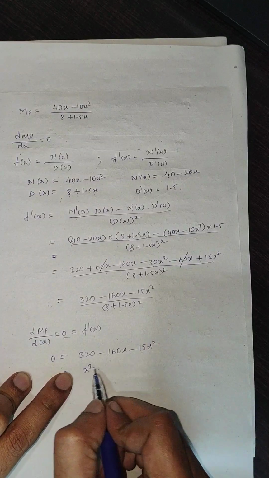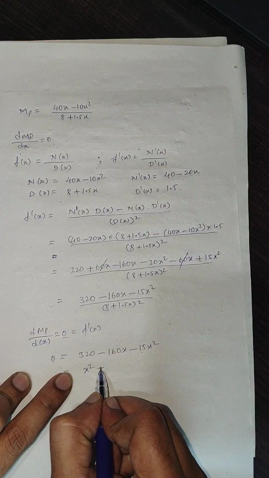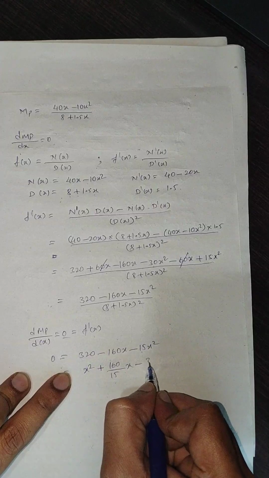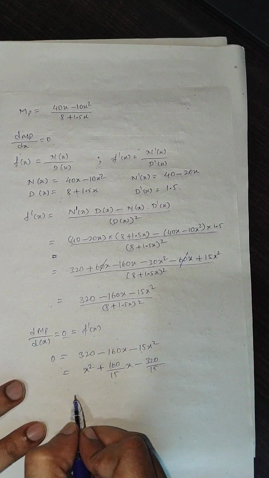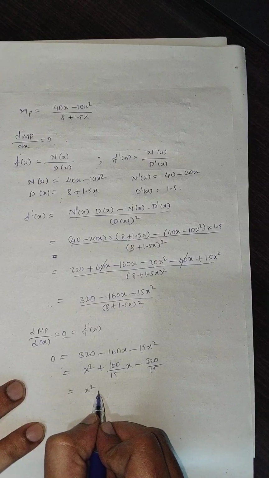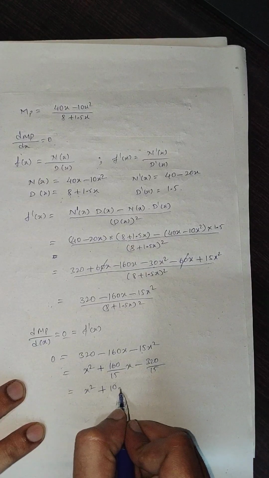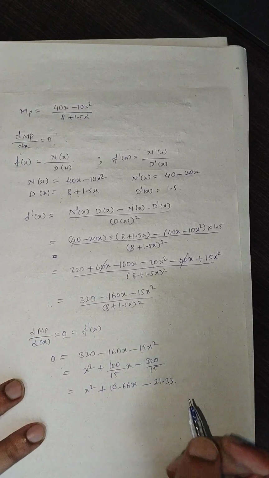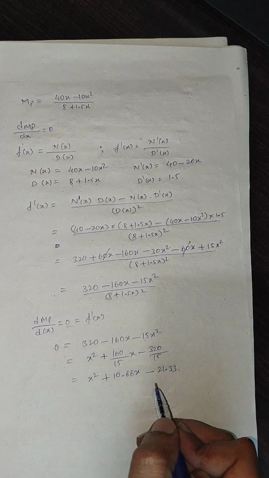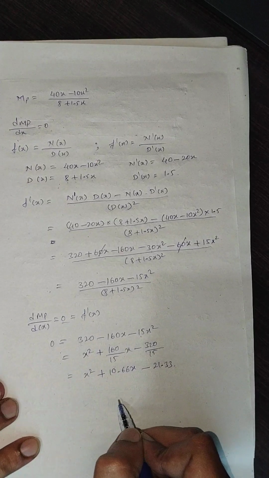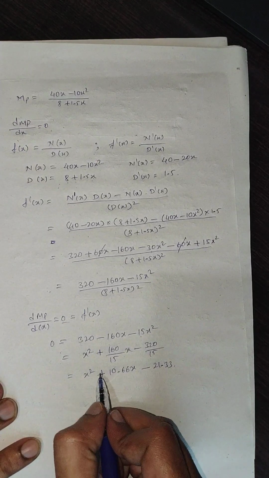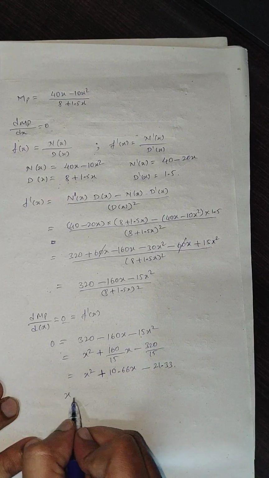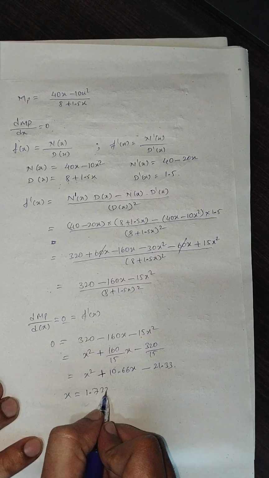So if I take this x as positive now, and my plus 160 by 15x minus 320 by 15. So this is x square plus 10.66x minus 21.33. So this is the 2-degree equation. Either you can use Sridhar's equation or you can use the calculator to get the equation values. So if I solve for this, x is equal to 1.722 meter,